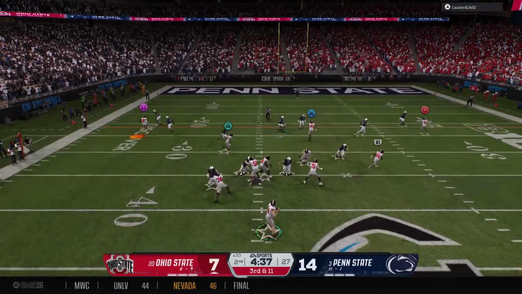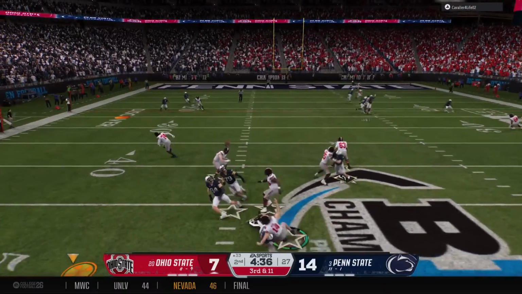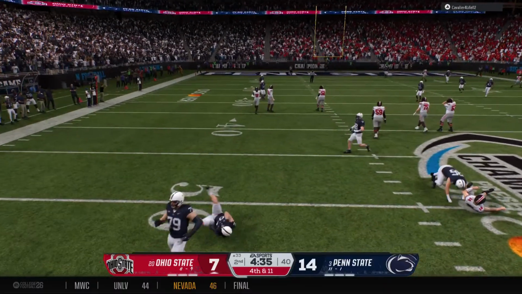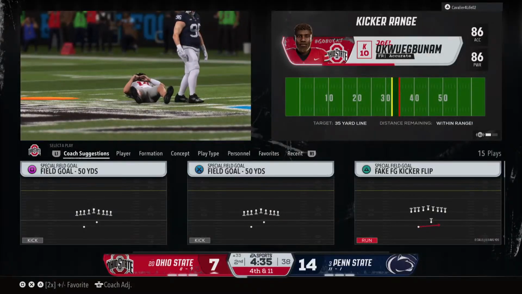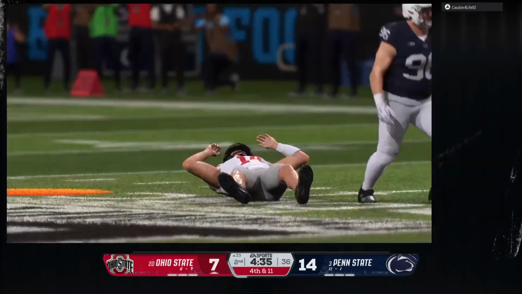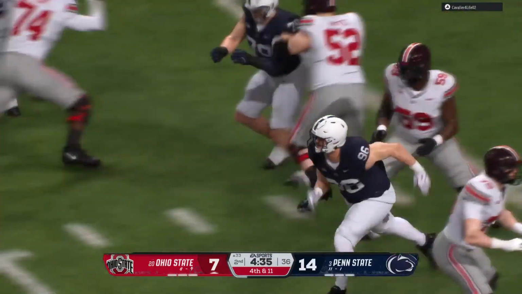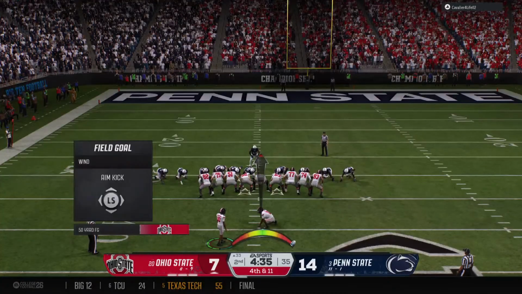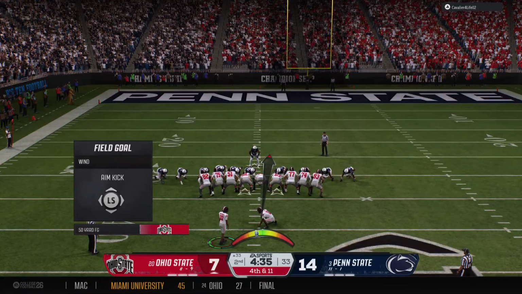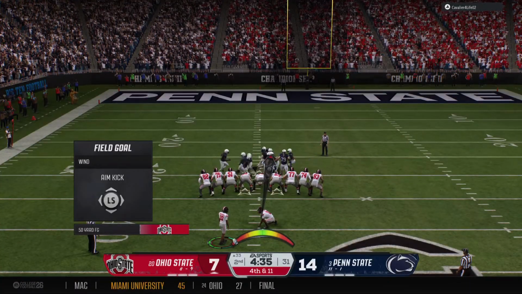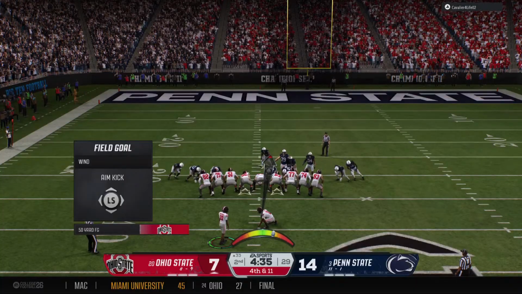Drops back, needing a third down completion here. And he's hit right as he throws it, incomplete. Well, the defense picks the right time to get after this quarterback. Third down, critical down and distance. They do a good job of dialing things up and good coverage downfield. He didn't have anywhere to go with the ball.